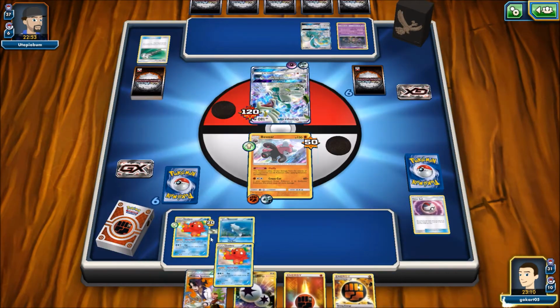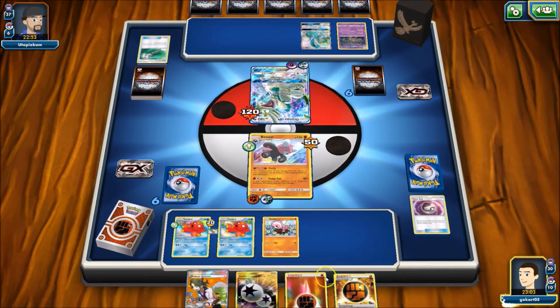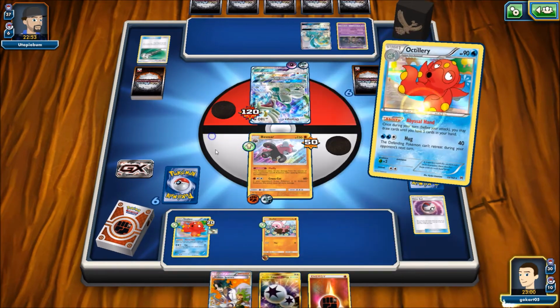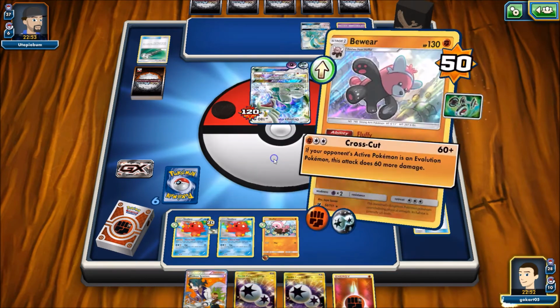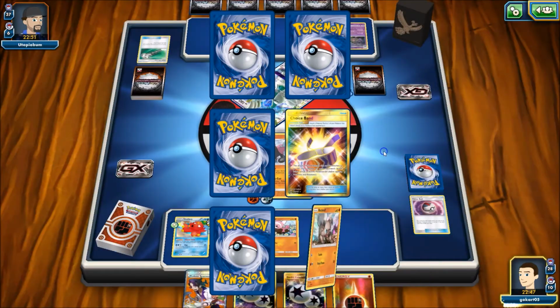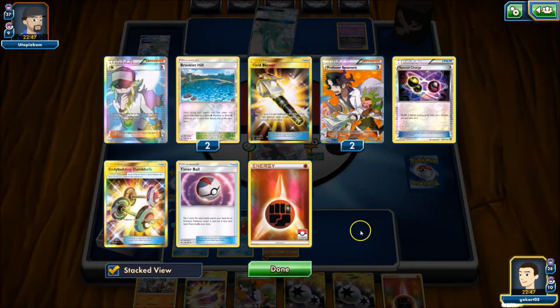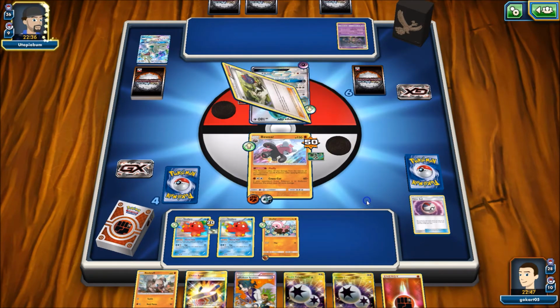I go ahead, use Timer Ball, because I'm pretty sure I'm going to Sycamore here, and I do find a second Octillery. Octillery Abyssal Hand for another Stuffle, which I'm able to attach energy to, and I elect to sort of hold on to this hand. I don't want to get rid of those DCEs, so I can attach DCE to my second Bewear that I'm going to need. Opponent promotes